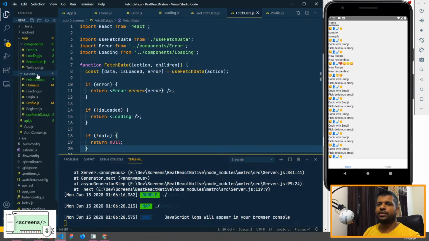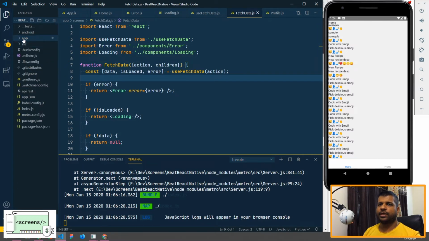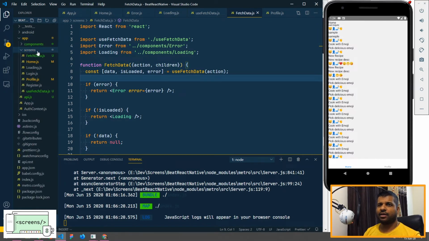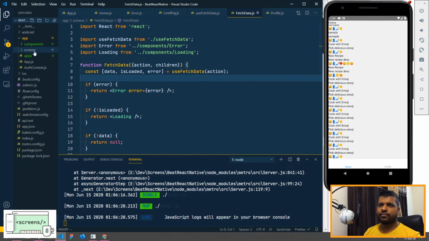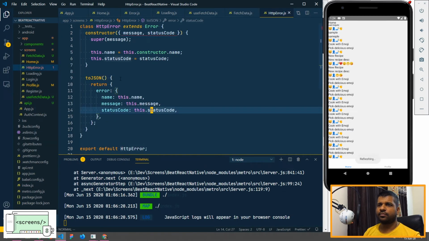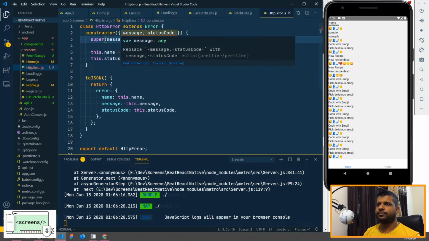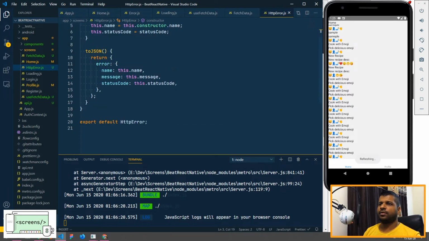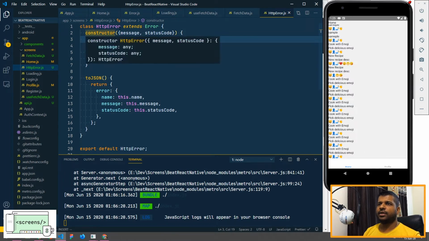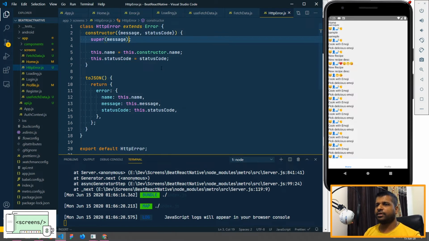Let's go ahead and try to use it in one of the components. One more thing I'll show you here is how to create a custom error class. You can also see that from my previous example, but for now I'll just copy paste it here. Basically, the HTTPError class extends from the Error class, and makes our custom handling for any HTTP error.